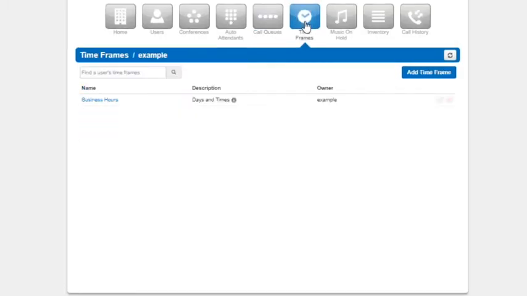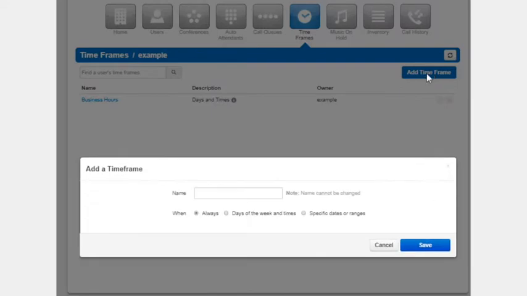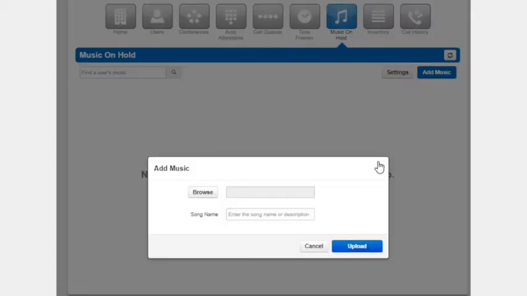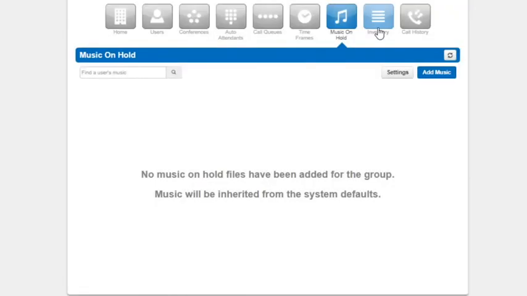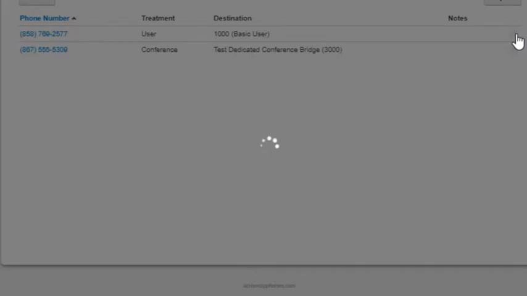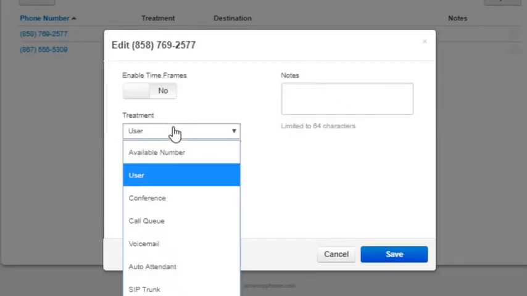Timeframes. The Timeframe Center is where you can create timeframes and manage existing timeframes shared to all users on the domain. Music on hold, which will allow you to manage and customize the music on hold for your domain. And finally, the inventory options. The inventory, which is where you can manage your phone numbers and the destinations they are routed to, and devices